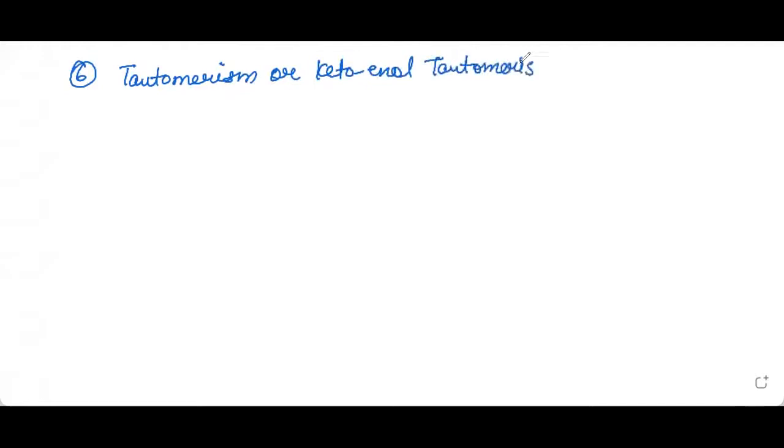Just grab notes, and I'm sharing my screen with you. Okay, so it is tautomerism or keto-enol tautomerism, the sixth type of structural isomerism. Now, this is also sometimes known as a special type of functional isomerism.